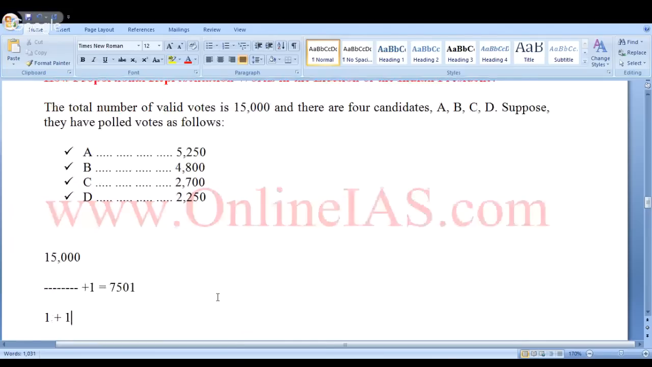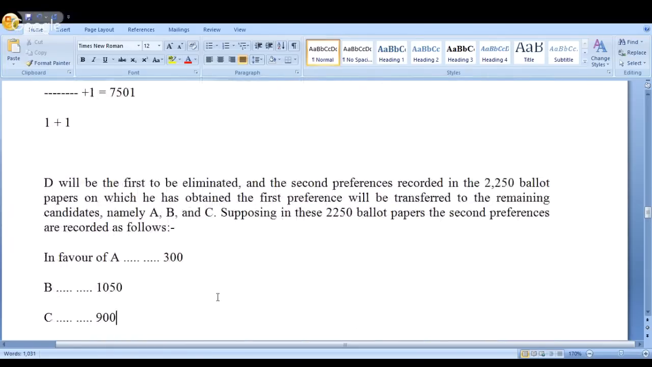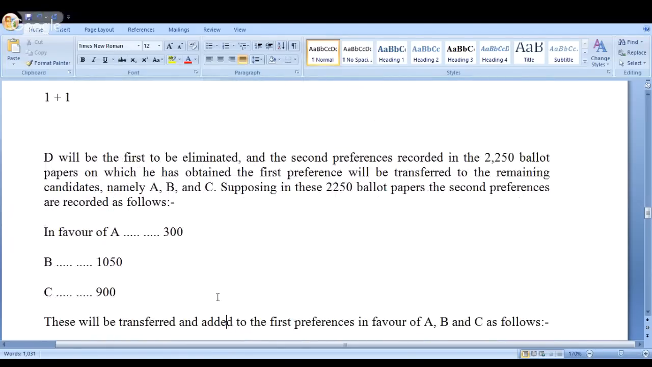Look at this. So total is 15,000 and the winning candidate must get minimum 7,501. Now, look at this. In this above case, what will happen? D will be eliminated because D got the lowest number of votes. And the second preference recorded in the 2,250 ballot papers on which he obtained the first preference will be transferred to the remaining candidates. Remaining candidates are A, B, C. Look at the total value, 2,250. Out of this 2,250,